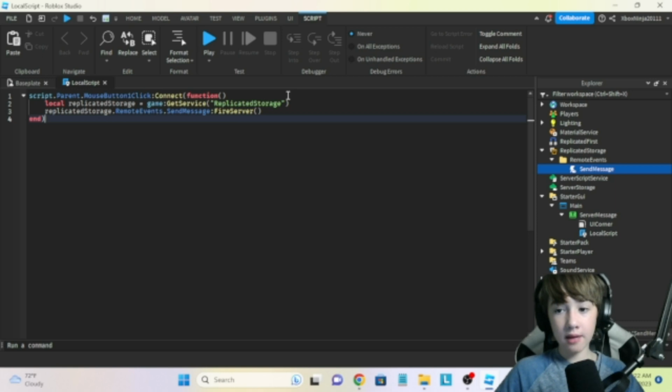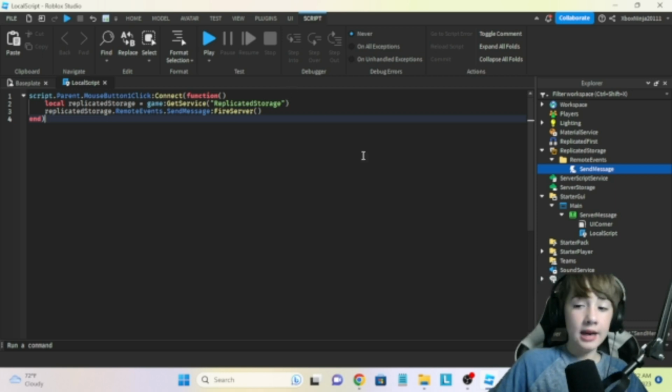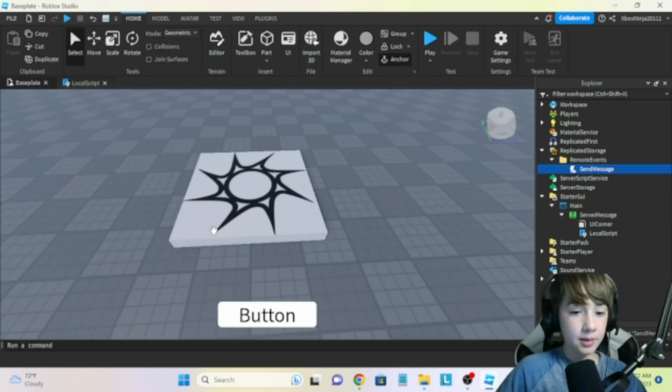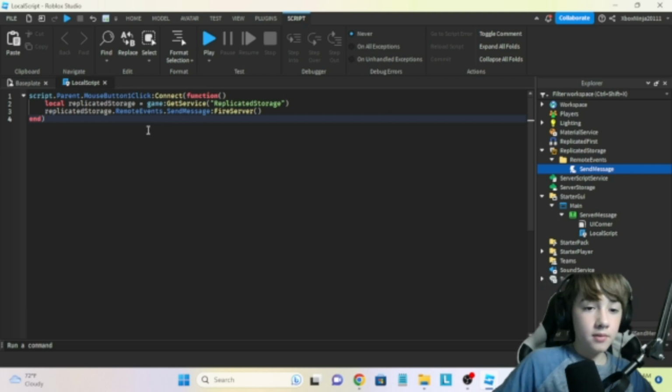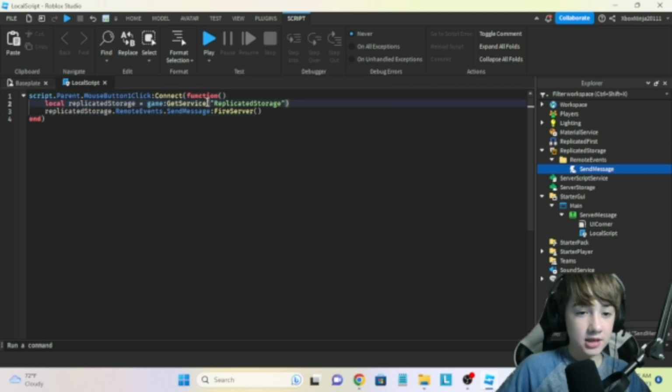the left mouse is clicked, then it will trigger some code. So let's say we press this button, it will trigger some code when we do that. So in this code, we'll have the variable. The variable just makes it so you can access replicated storage. Otherwise, you'd have to go game.ReplicatedStorage, you'd have to do all this stuff. It just makes it easier, so you're just able to put ReplicatedStorage. Anyway,